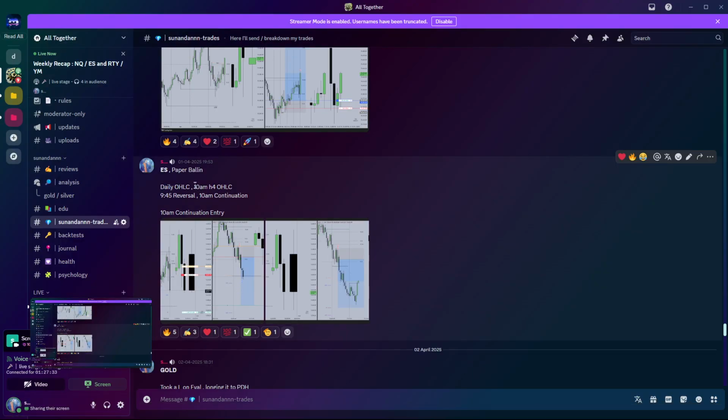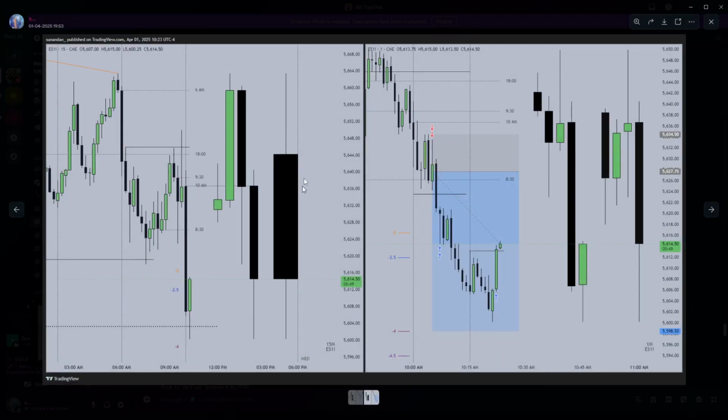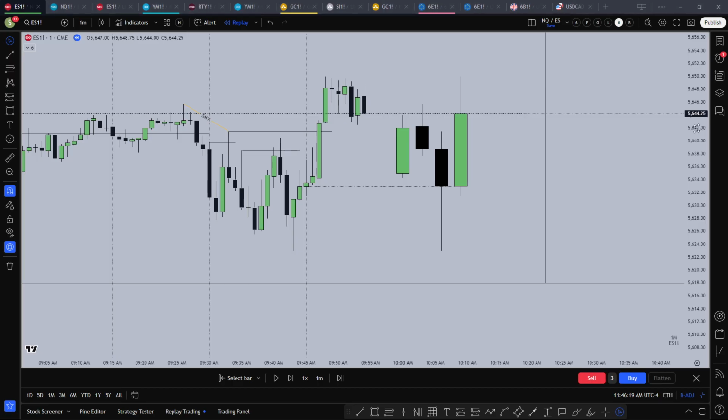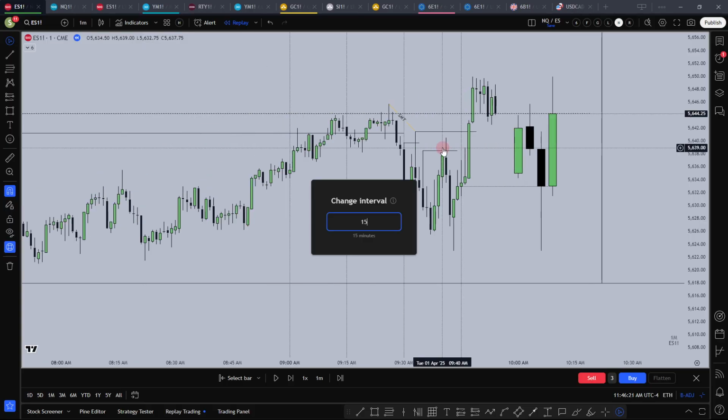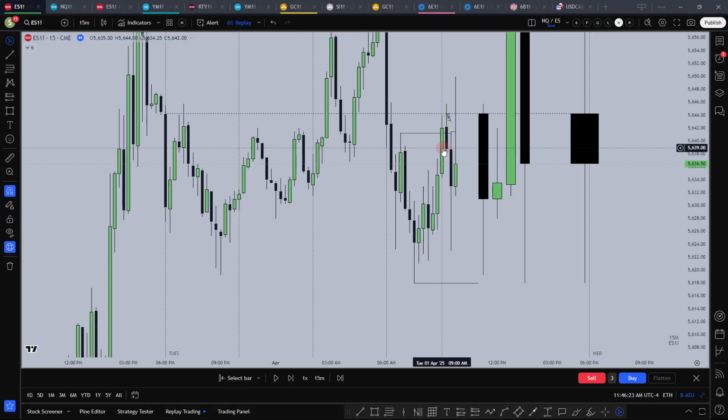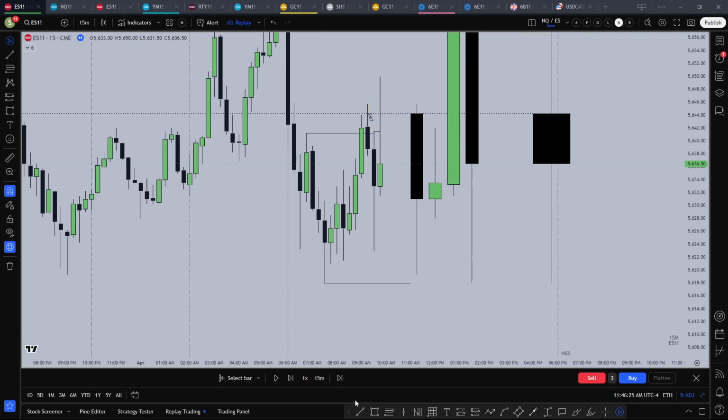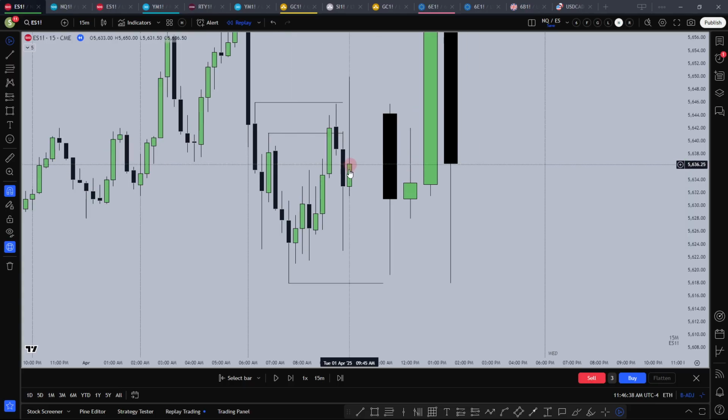I did short 10 a.m. I need to see the structure once again. Okay, nice. M15 relevant swing. Nice, nice, nice. This relevant swing, price formed a failure swing here. You could have trusted this, but as you clearly saw, 9:45 didn't align with my expectation.